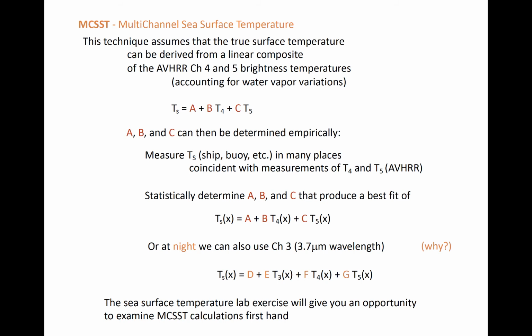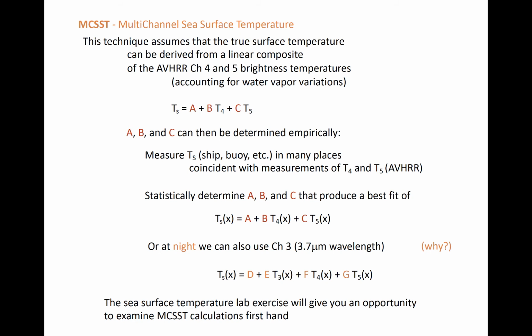The AVHRR multi-channel sea surface temperature estimate derives surface temperature as a linear combination of each channel's brightness temperature, and SST therefore takes on some linear form such that SST equals a constant, plus unknown coefficients like the B and C here, times brightness temperature for various bands. The coefficients are empirically derived by comparing known observations of SST, such as through ship or buoy data, to satellite